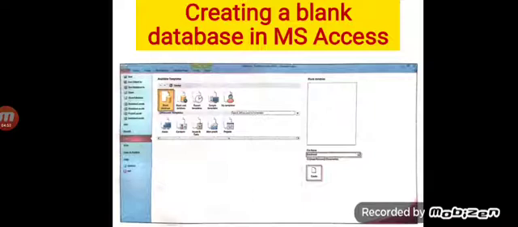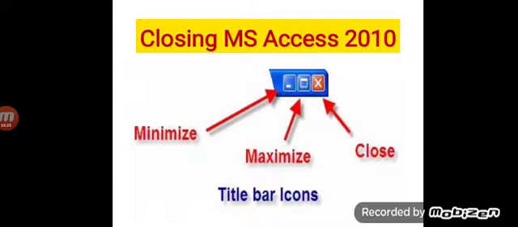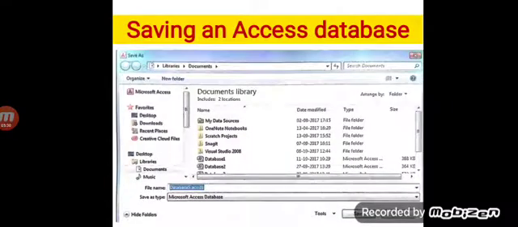On the right, there is the file name text box. Type a name for the blank database over there. Then click on Browse. Click the browse folder next to the file name text box to select and change the location for the database, and then click the OK button. Now double click on the blank database icon and click the Create button. Here you will write the name of the file. As soon as you click on the Create button, your database will be created.